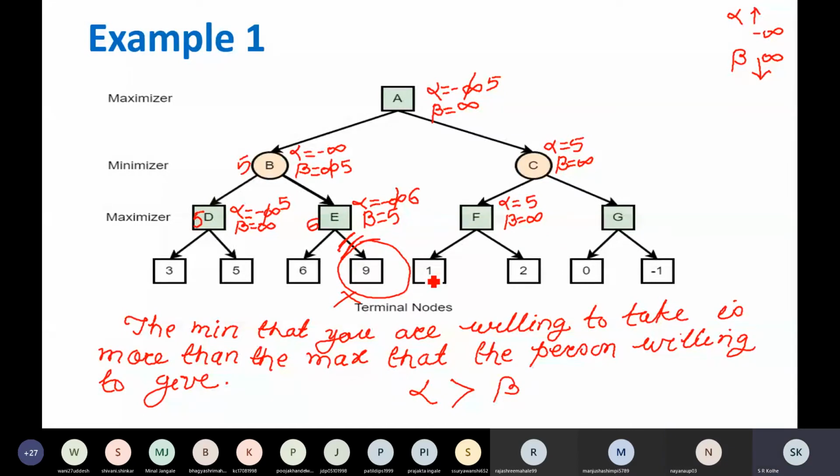It's a max node, so which value will be updated? Max node F. Alpha value. Right. The alpha value will be updated. The value of alpha is right now 5, but F is getting 1 from this.